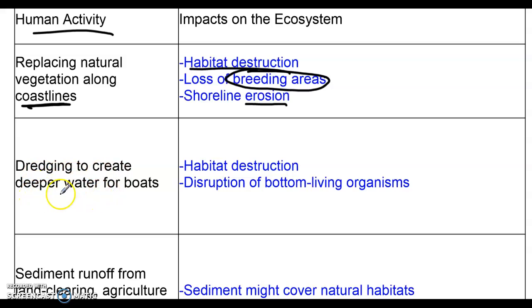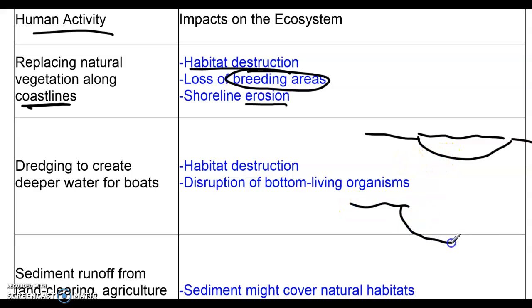Okay, dredging to create deeper water for a boat. What this is looking at is, let's say you have a lake, and if it's not very deep, you cannot have a boat on the lake. But let's say the town wants people to come and ride their boats on the lake. What they will do is dig down, using machinery. They will scoop up soil to make it deeper so that people can come and ride their boat on